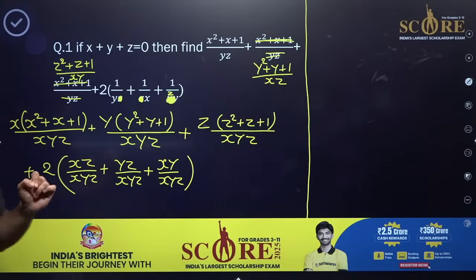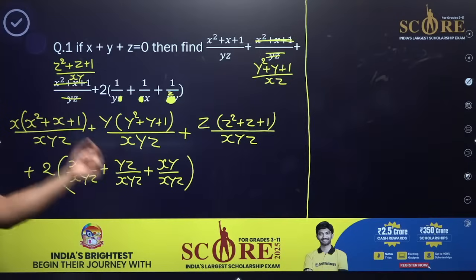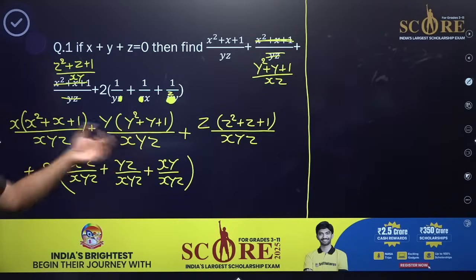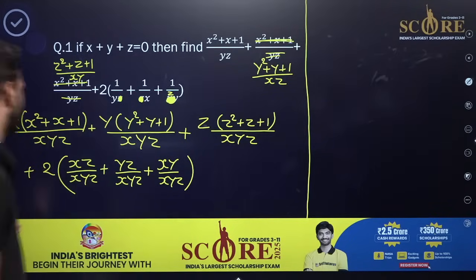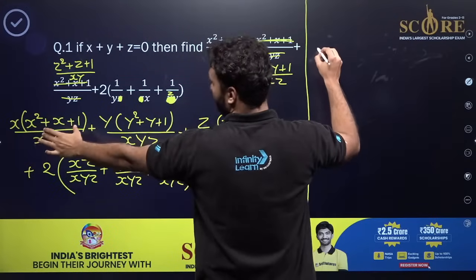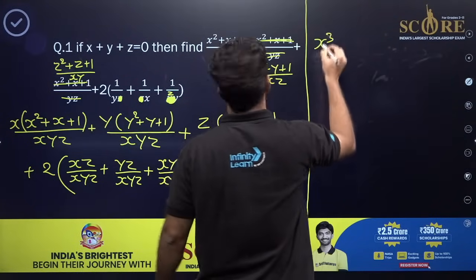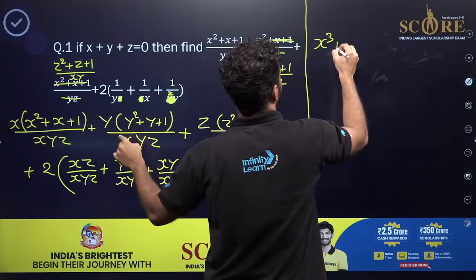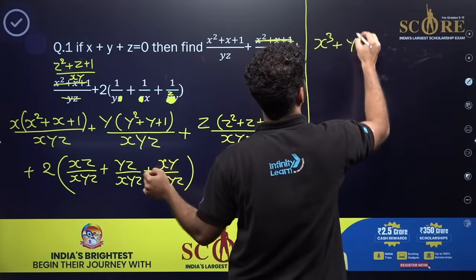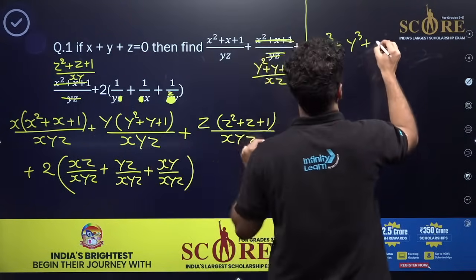Now, in the denominator we have x, y, z, so they are like fractions. They can be added and subtracted. Now, what we have to do? Add them, simplify them and add them. Okay. Can I write in this way? I multiply this x cube inside and I will get x cube here plus y cube from here plus z cube from here